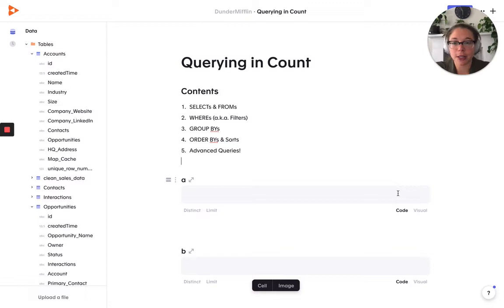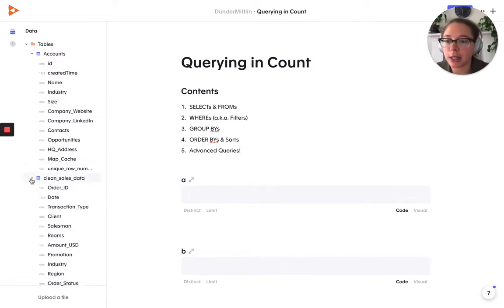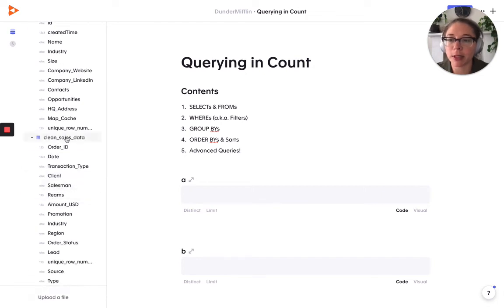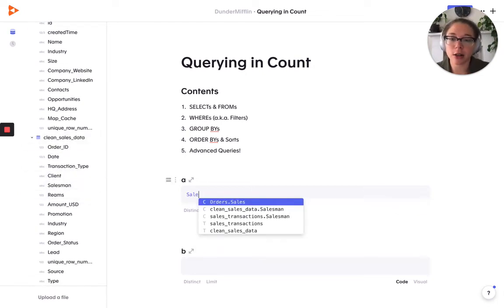Right, so the first thing we're going to talk about is selects and froms. When you want to select a column or a set of columns, you always need to specify the table name and the column name. We do that so that you don't have to have a select and a from clause, it's all in one. So if I wanted the salesman column from the clean sales data, I can start typing the name of the